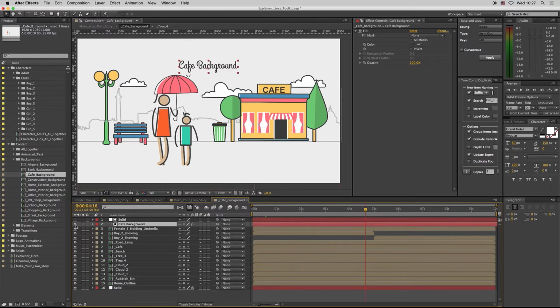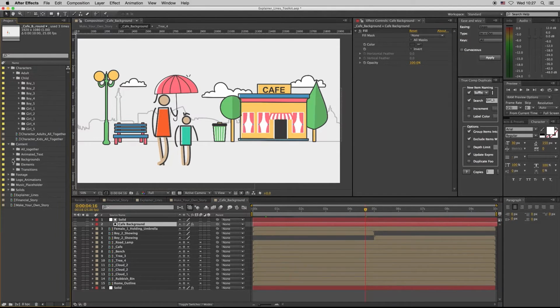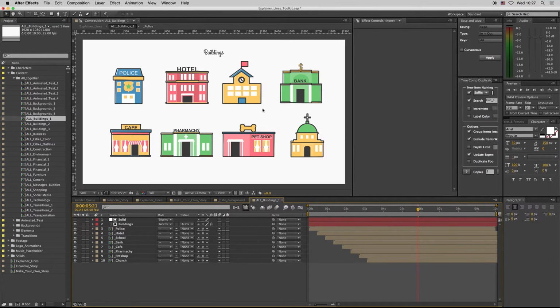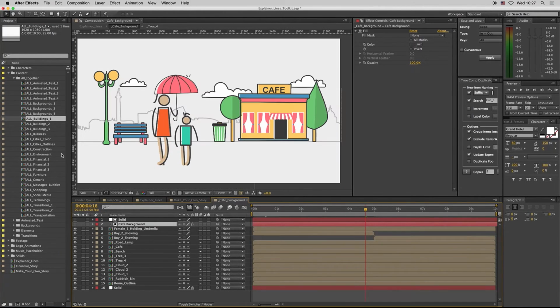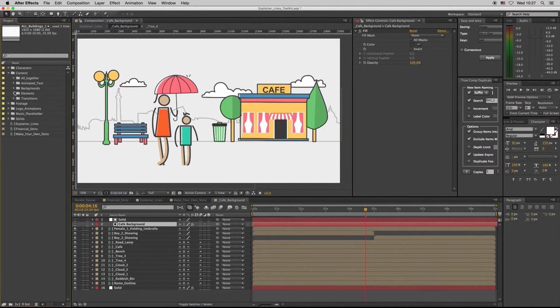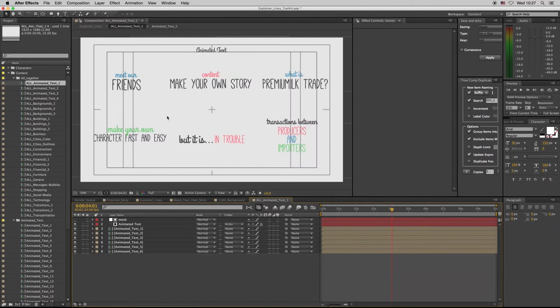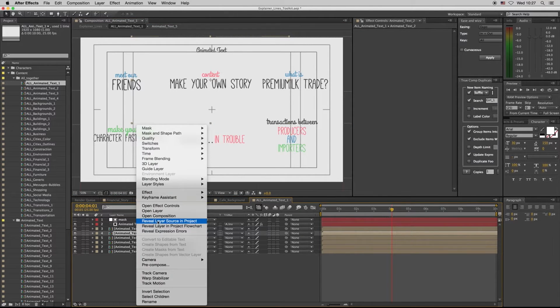What does it mean? Let's import the cafe background and put an animated text. Let's see our library. Here is our content. Altogether is altogether compositions, which means all buildings one, you can find all buildings one as you see on the preview. So if you want an animated text now, let's go to animated text and let's go to altogether animated text. You see, I like this one, text 2, reveal, and it says project,